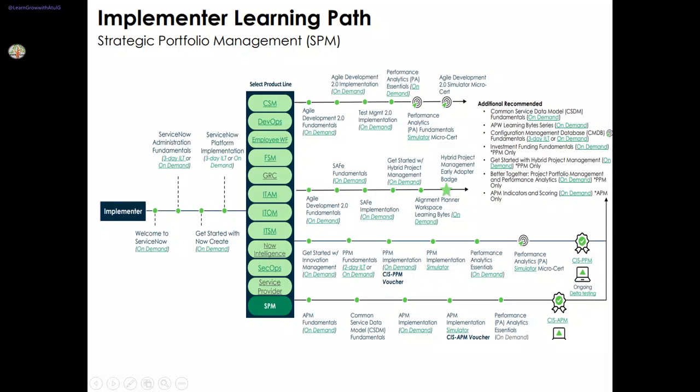On the top, if you go here, you can go for innovation, PPM fundamentals, PPM implementation. These two are different things: Application Portfolio Management and Project Portfolio Management, two separate things. PPM, then you get, and you can go for